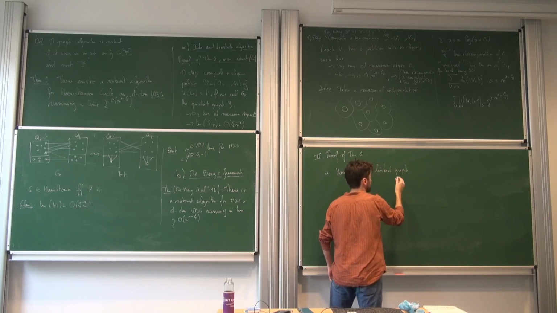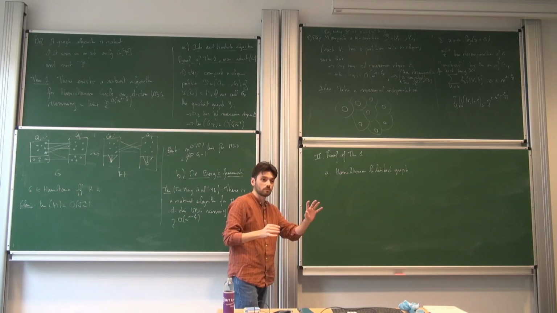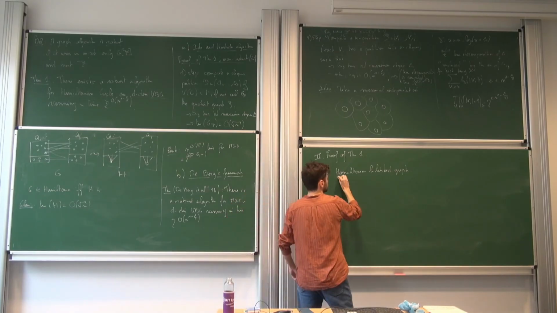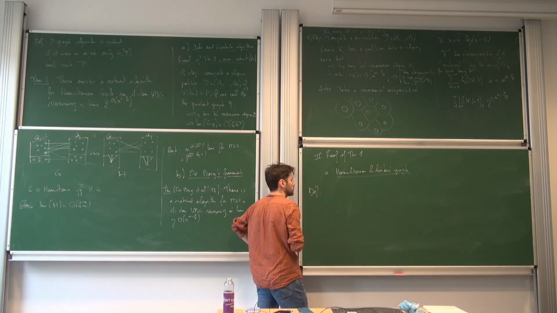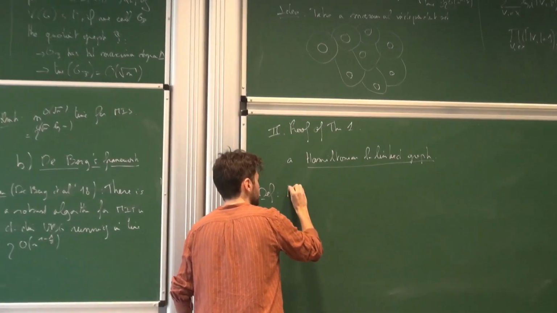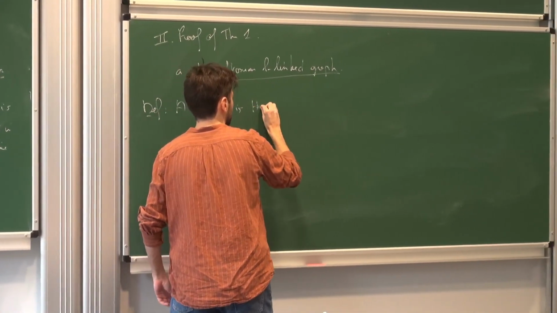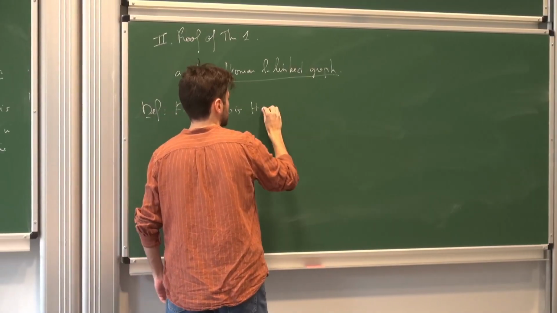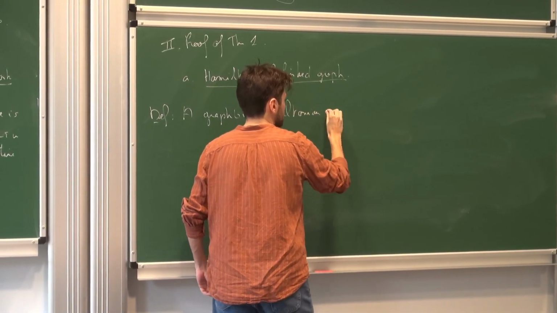And it will be exactly the structure I want for each of my building blocks of my decomposition. I don't know how to introduce this notion. So a graph G is Hamiltonian L-linked